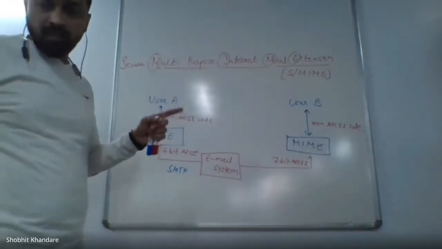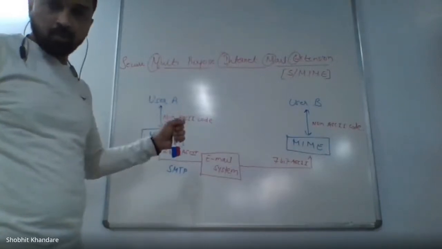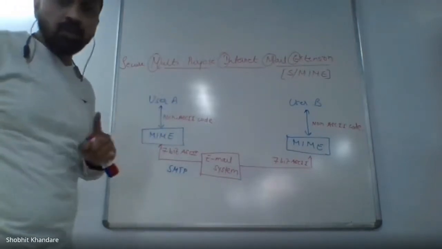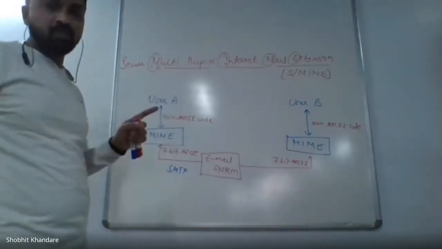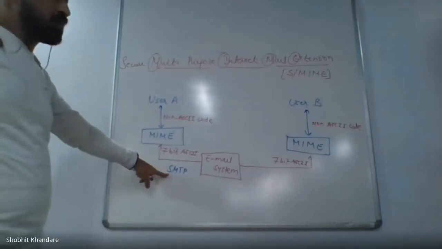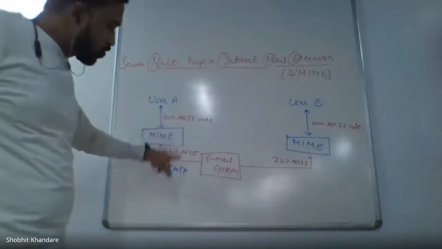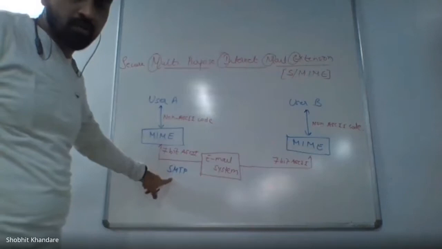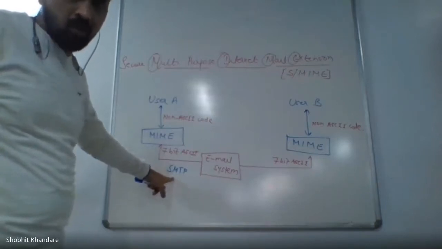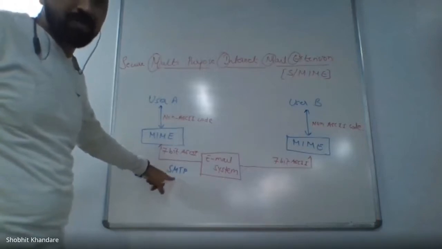The next one, MIME is not an email protocol. Underline email protocol. It is not an email protocol and cannot replace SMTP. This is also important. I cannot replace my SMTP. You will say, sir, MIME is converting into 7-bit and you will transfer. No, I have to go with the SMTP protocol. It is not in detail in your syllabus, but you should know that whatever mails you are sending, that is following the simple mail transfer protocol.